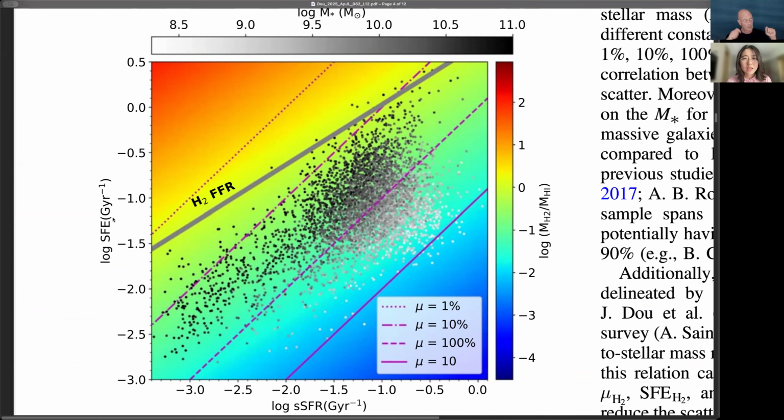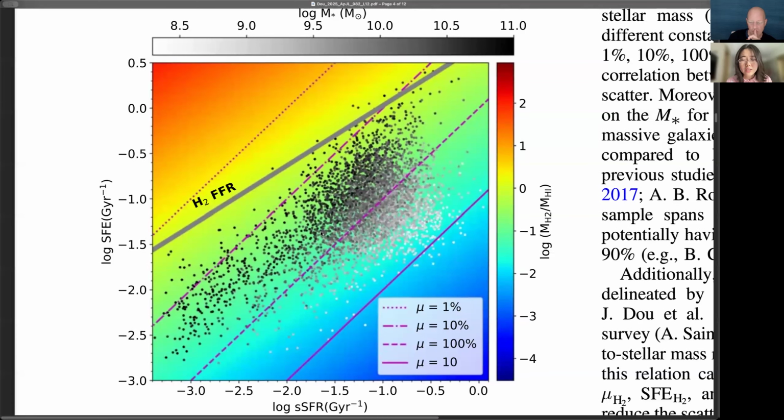So high sSFR basically means that the star formation is more active. And the background color represents the H2 to H1 ratio. And the grayscale of each dot marks the galaxy stellar mass. So the general trend for these dots is that the star formation efficiency is decreasing with lower specific star formation rate. And even at a given specific star formation rate,